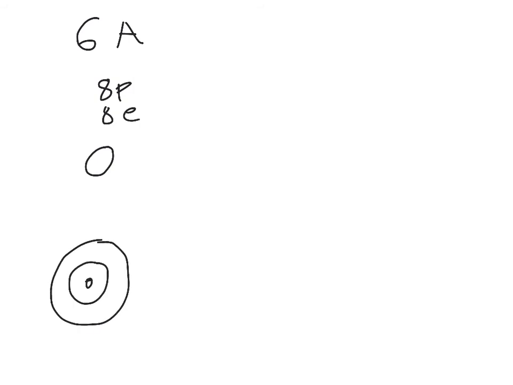For example, if we took a look at oxygen. Oxygen is in group 6A. Oxygen has 8 protons and 8 electrons. This little picture is a little bit different for us. It actually only has 2 energy levels, 2 electrons in the first, 6 electrons in the second. To obey the octet rule, oxygen is going to gain 2 electrons from somewhere,